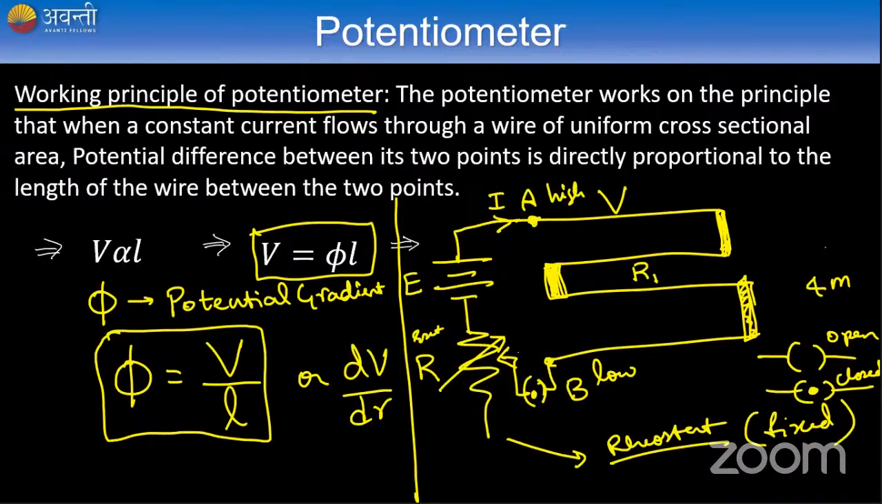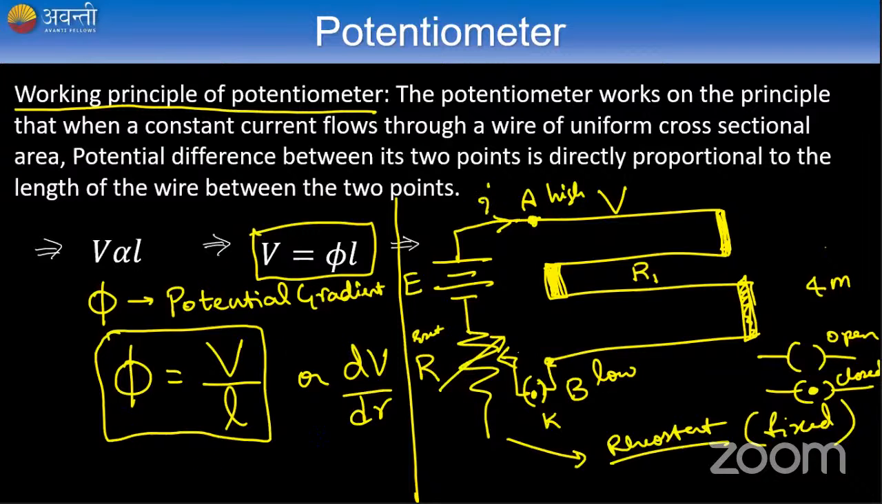This is the basic construction of a potentiometer. A potentiometer will consist of the external EMF E and an external variable resistance which is fixed at a value, so we can call this a fixed resistance R. It's connected with a plug key K, and with a 4-meter long, uniform cross-section wire. Now when I have connected this wire along with this EMF E,